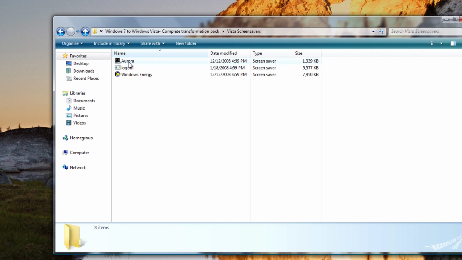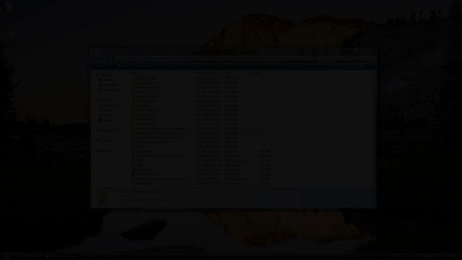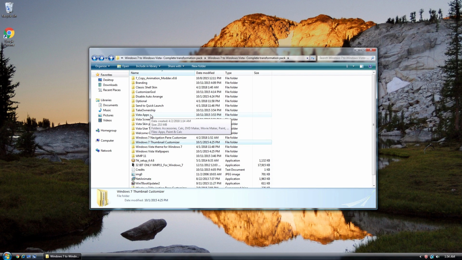And if they disappear, which they sometimes do, you might want to copy this folder. If you plan on deleting the transformation pack later, you might want to copy this folder out and put it somewhere safe, so that you'll have them on hand just in case they do disappear mysteriously, which they have done for me before. Anyway,